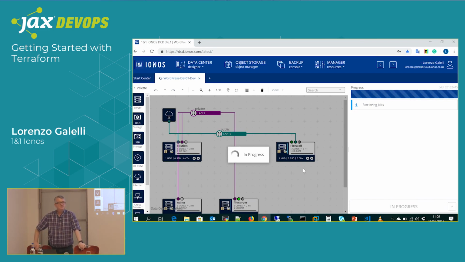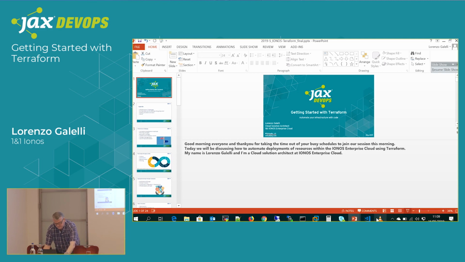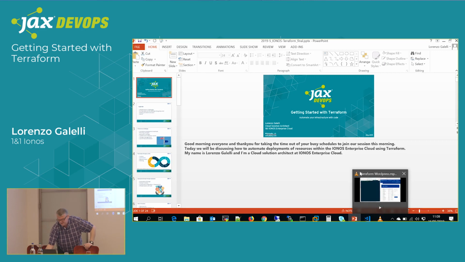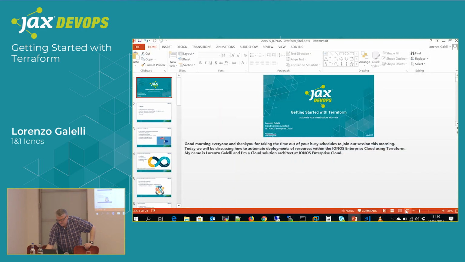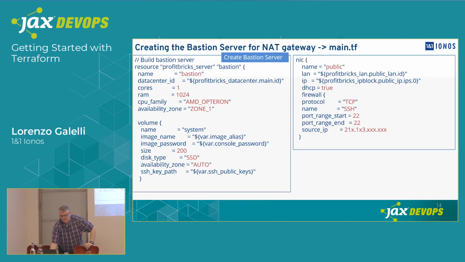Yeah. The Terraform files, the two quoted parameters next to the resource, what are they? Are they in a specific order? Have you defined all of them yourself? The two, try and get an example. An example here? Yeah, so ProfitBricks server and then bastion, is that something that you defined yourself, or is that